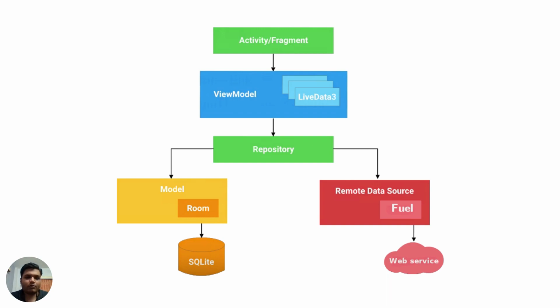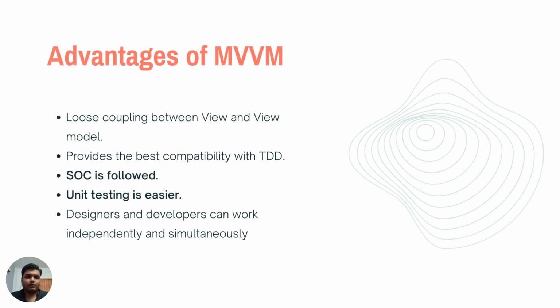And if you would have noticed, all the arrows are unidirectional and they're pointing downwards. This means that your UI layer, that is activity and fragment, observes the view model. View model observes the model layer. So view updates itself according to view model, and view model updates itself according to the model layer. And this leads to a separation of concern over here.